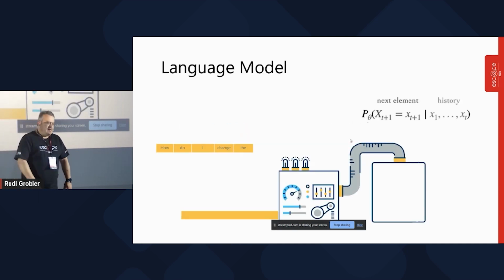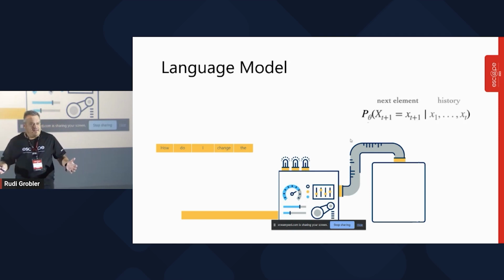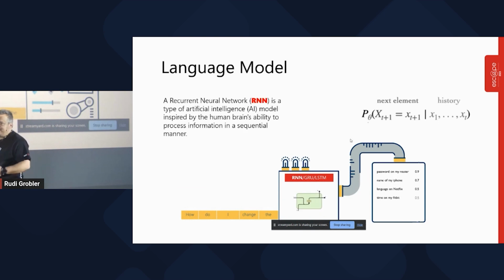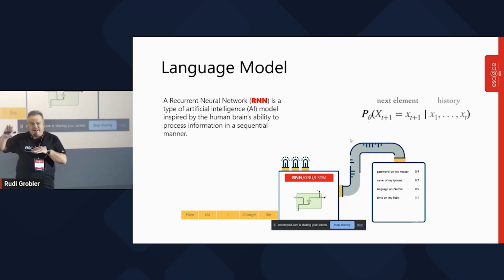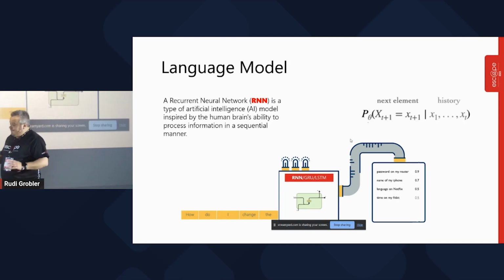Now, we can think of it almost like a factory, if you will. And I can simply pass it in something like, I don't know if this is legible here, but how do I change the? And if you've trained it on enough data, it could potentially understand that whatever you want it to do is stuff like, how do I change the password of my PC? How do I change my Netflix language, as an example, or whatever the case may be. But it actually just ranks the possibilities of the answers to the question that you're asking. Now, this is a very, very simple